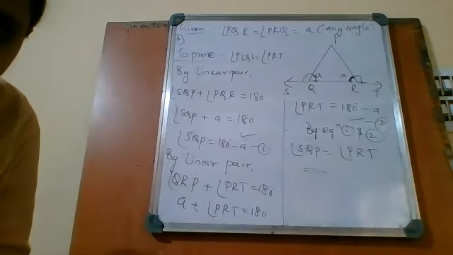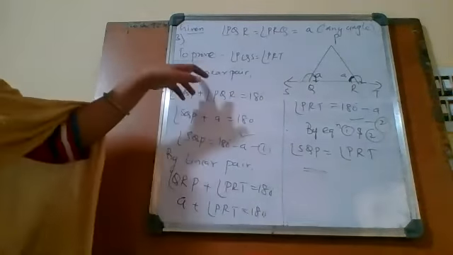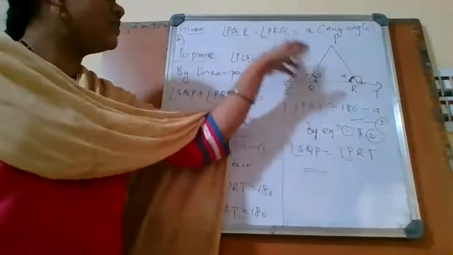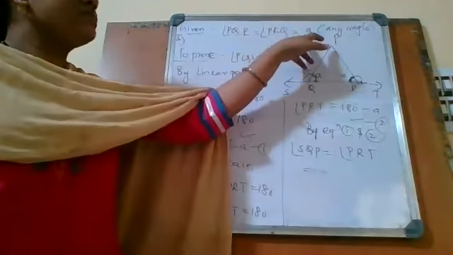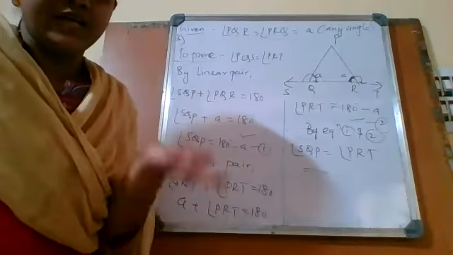Once again I am teaching. Look here. Given linear pair. This is equal. These two are equal. Suppose this is some a. a is any angle here. 20 degrees, 30